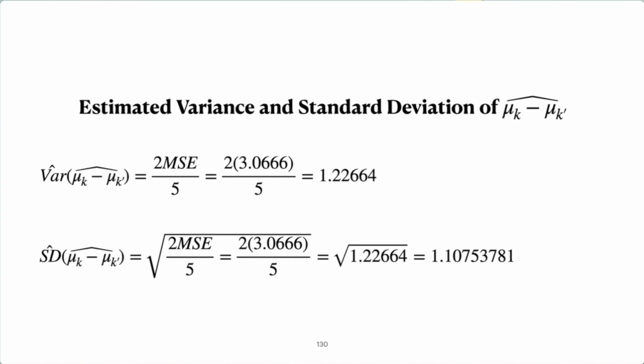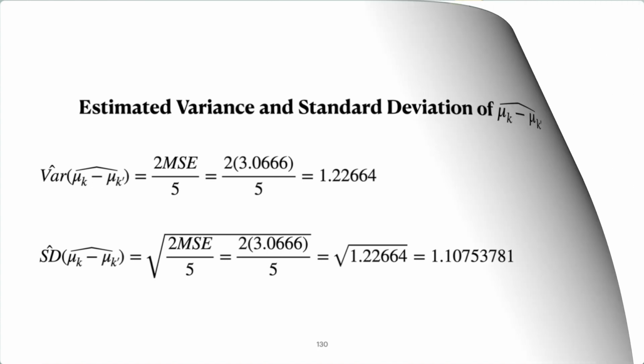Now we'll look at estimating differences between pairs of treatment means. Before we calculate the estimates, let's calculate the variability associated with those estimated differences. Because we have equal replication, the variance of the differences between pairs of means will be the same for all pairs of means. Using the formulas given in the section on estimation, the estimated variance for an estimated difference of treatment means is 1.22664. The square root of that gives us the estimated standard deviation of the estimated difference between pairs of treatment means,